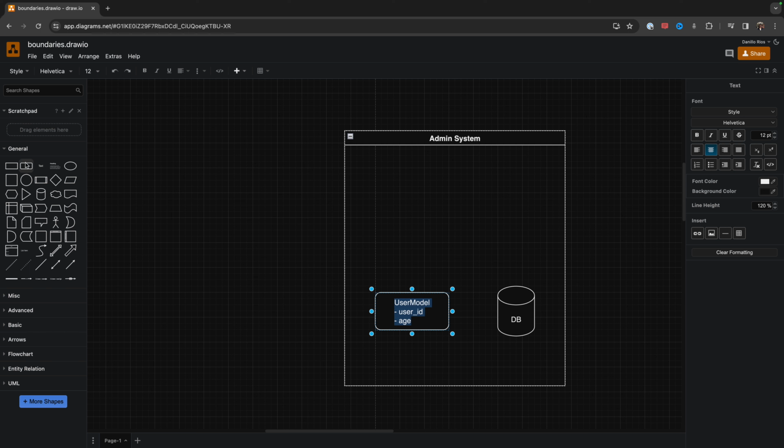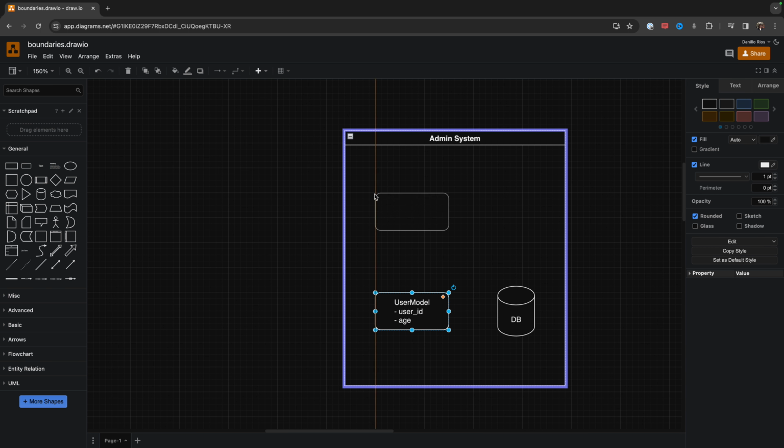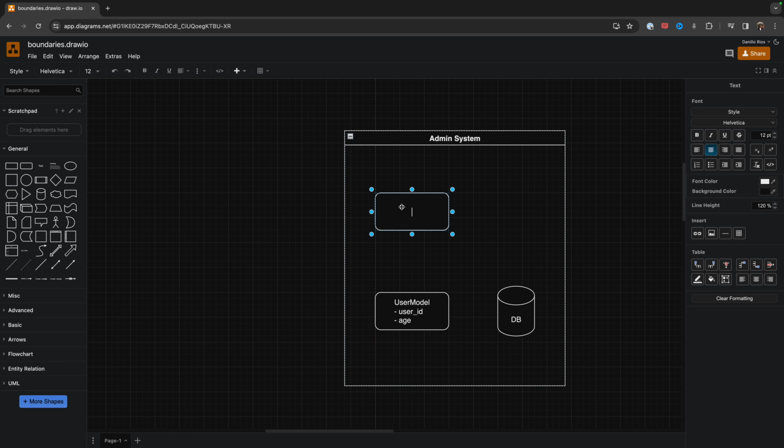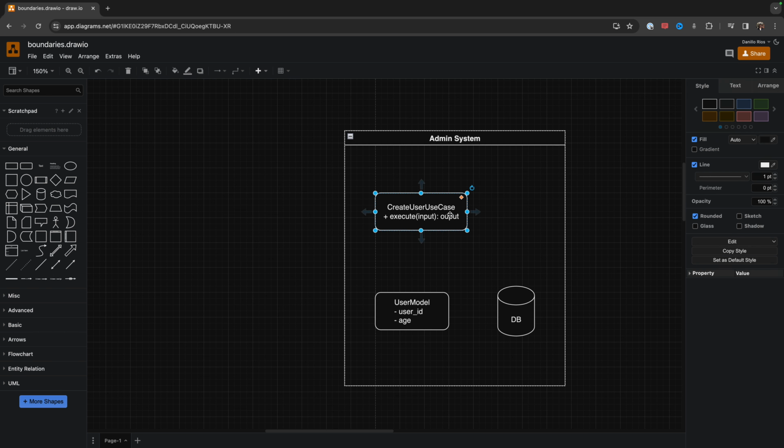Okay. And now let's create our user use case with an execute method. Perfect. And what is the flow? Like this, right?